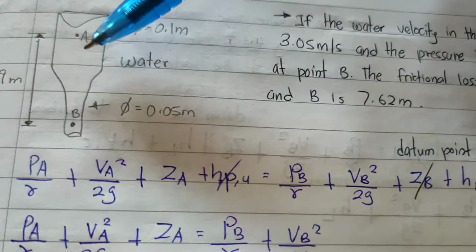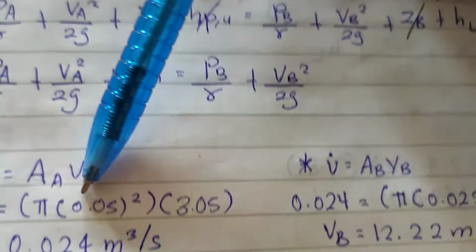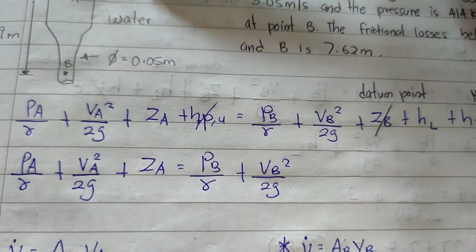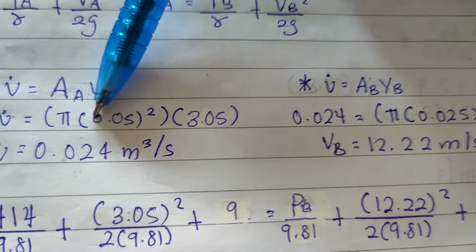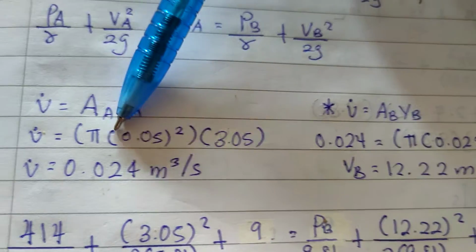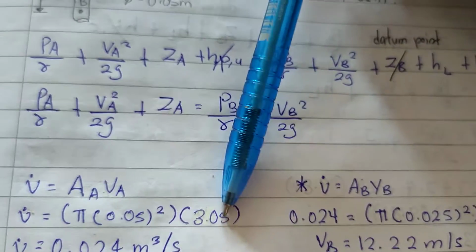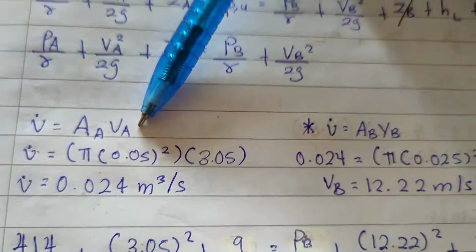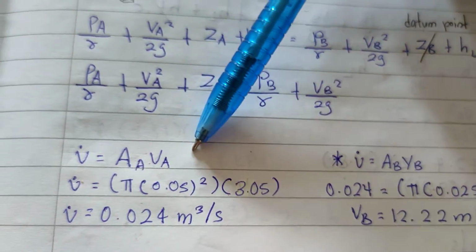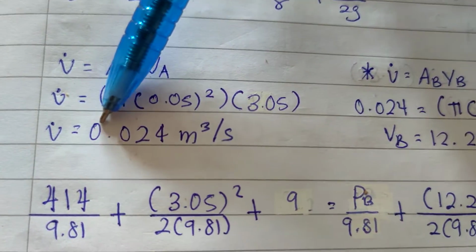For example, the diameter at A is 0.1 meter. We divide by 2 to get the radius. It will become 0.05 squared times pi, then times 3.05 for the velocity. Then we get the volume flow rate equal to